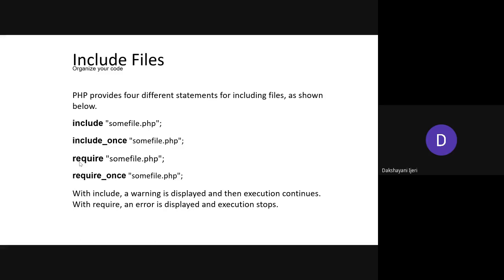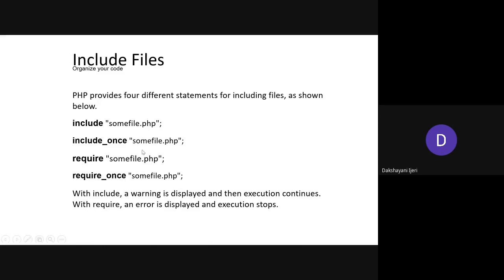So in that case, you should be able to explain it the way I have explained it here. Okay. So the difference between include and require is, with include you will get a warning and then execution continues with the further statements, whereas require is going to generate an error if the file doesn't exist, and it will abort the program itself. That means the rest of the statements will not be executed.